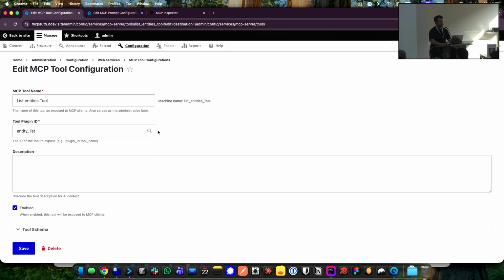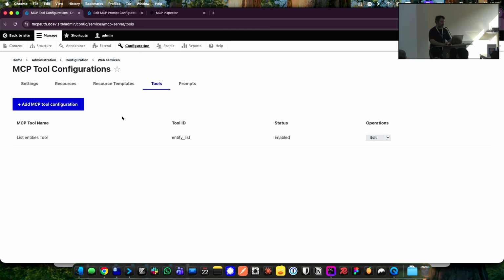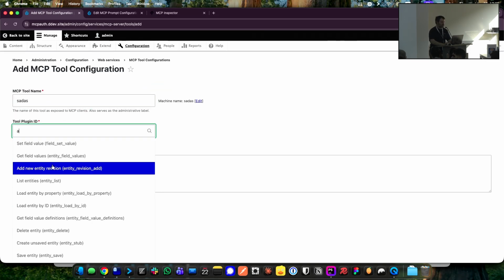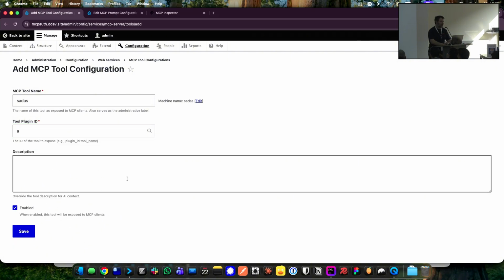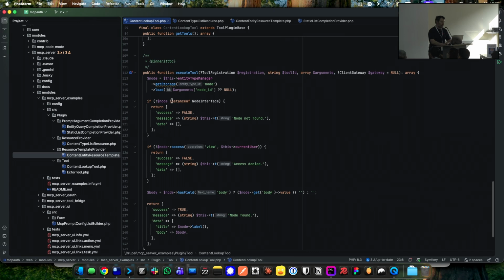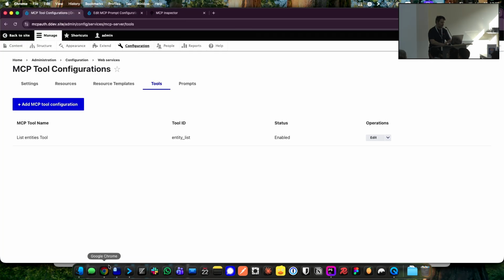And these you define from the admin interface. You just create a configuration for them. You can create an MCP tool, you can set the name, and in the list, all the available tools you have in the Tool API are exposed for you. You can save it, and this will also be available for the MCP. And the second part, sorry for this jumping,